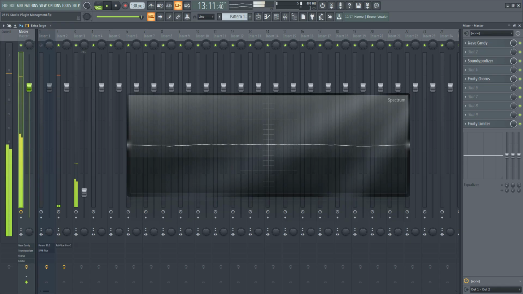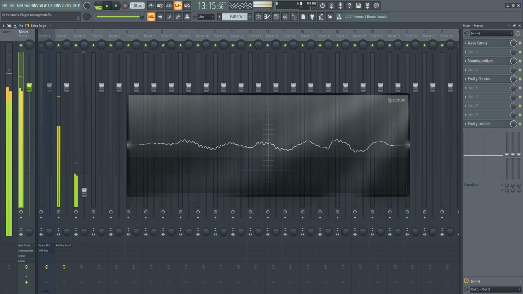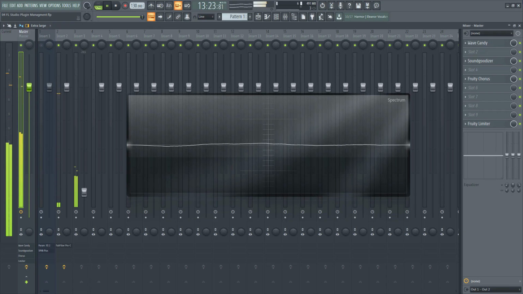Okay guys, if you are using hundreds of plugins from different vendors just like me, and you find it stressful picking them while using them during your music production, then do implement this simple trick, as it will surely make your life easy.